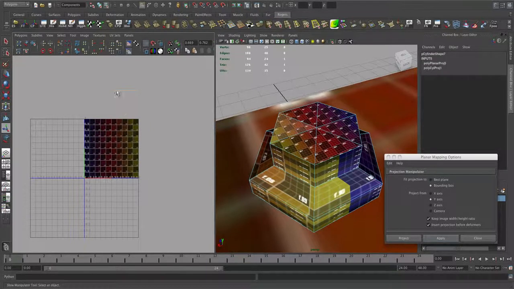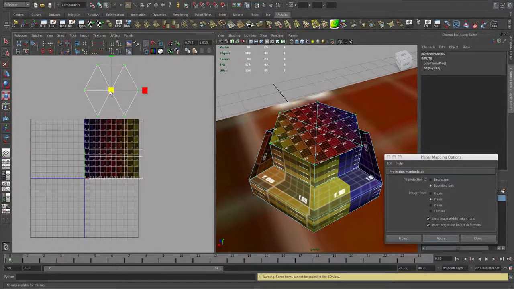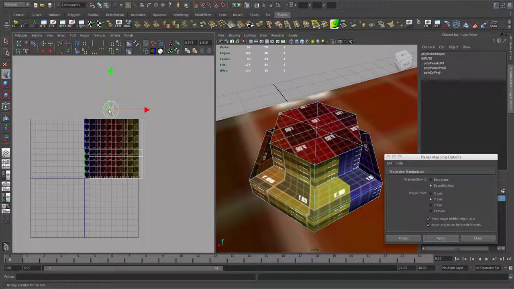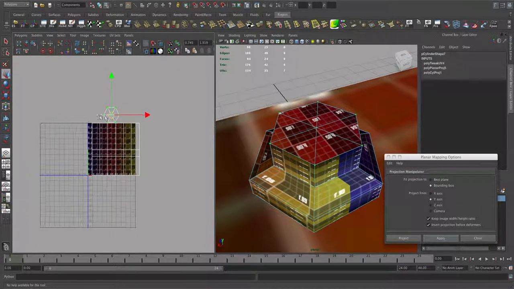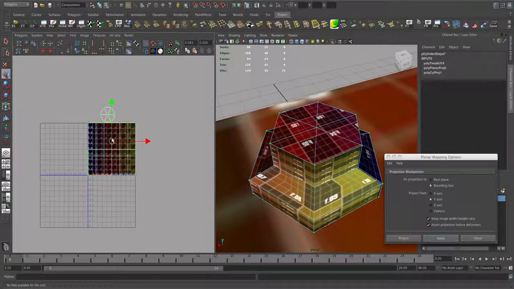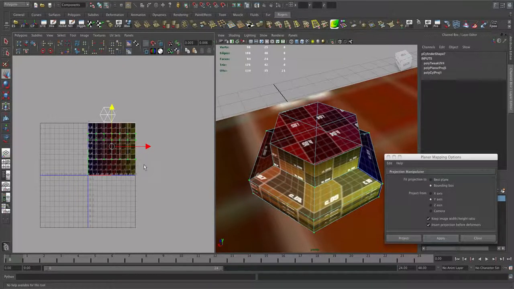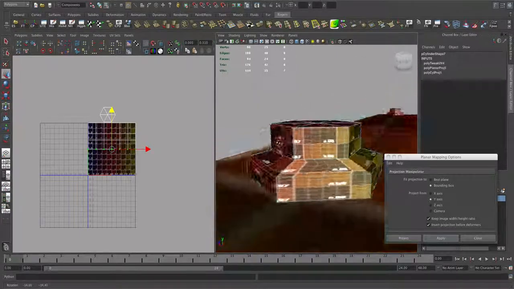If I selected all those and just do the UV, hit R, scale it down, I can get that to match one side. And if I'm just going to put this into position, actually move those UVs up so they made sense, and that allows me